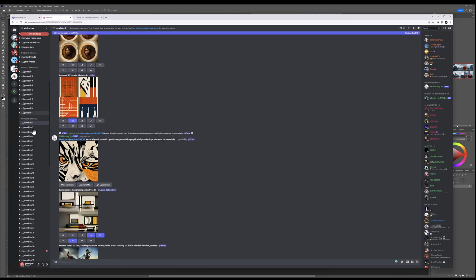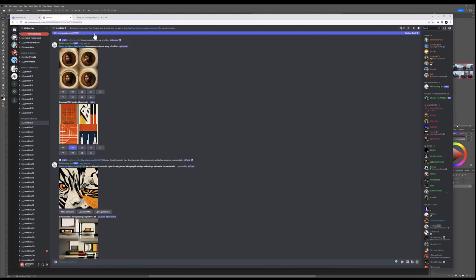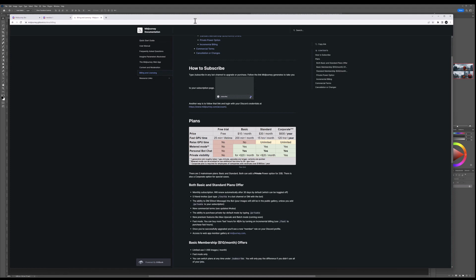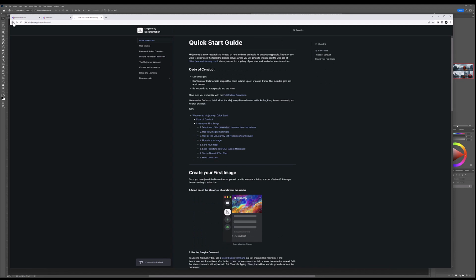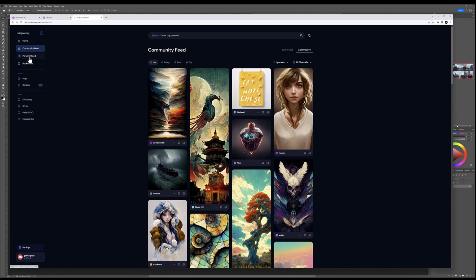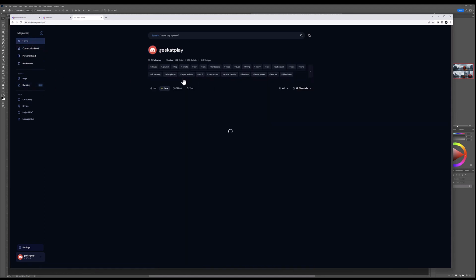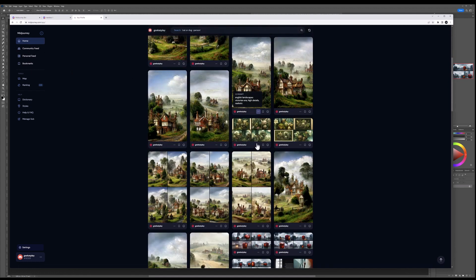So right here, when you log in, first you can preview images, and if you are, of course, a subscriber of the free version, you can access the Midjourney app. When you go to the Midjourney application, you'll notice you have your feed on the side, and I highly recommend you utilize it, because if you go home, this is all your images, and let's see what I was rendering.